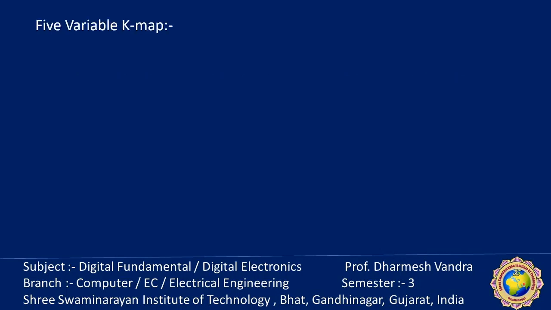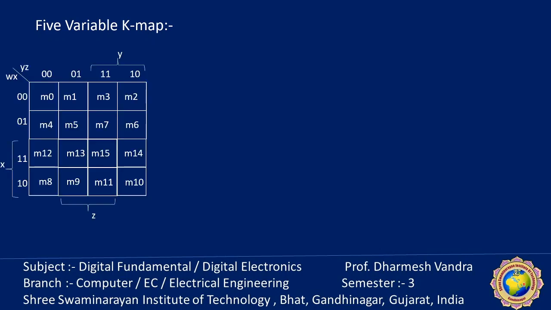Today we will discuss the five variable K-map. As we know, for five variables, 2 raised to 5, a total of 32 combinations are there. We know the four variable K-map, W, X, Y, Z, has 2 raised to 4, 16 cells. Now I want to extend this Karnaugh map for five variables. What I will do is put a mirror here and take a mirror image. Now the same 16 will be replicated on the mirror side.